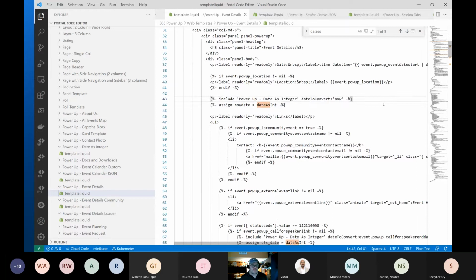So the date to convert is what we were looking at a moment ago. I'm going to do the include statement. Power update is integer, and that's what we were looking at a moment ago. The input value, that date to convert, was passed in, and I'm doing now, and that's a Liquid construct of saying, give me the current date and time on the server, and it passes that in and runs the